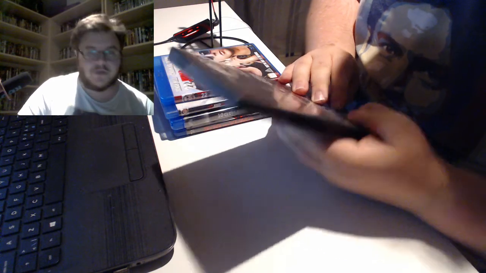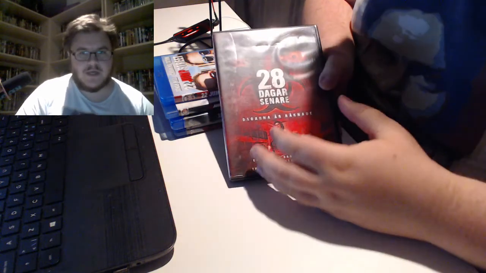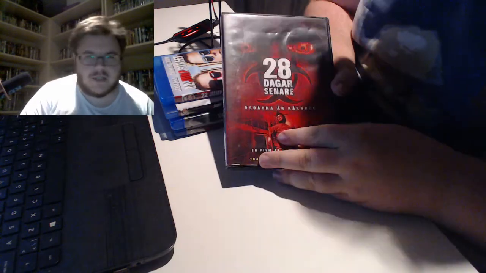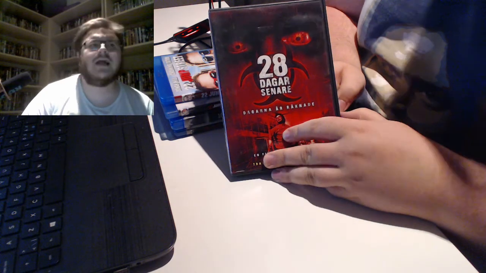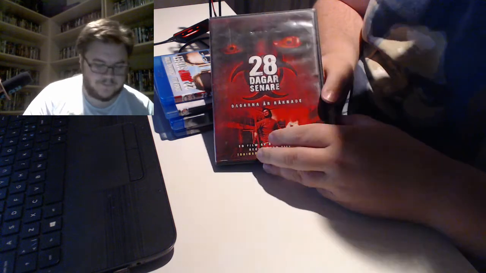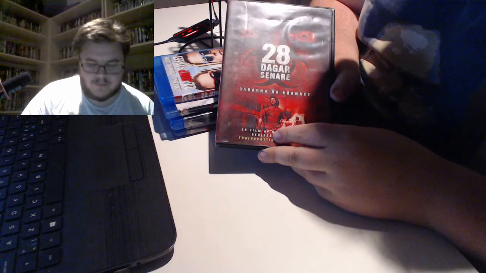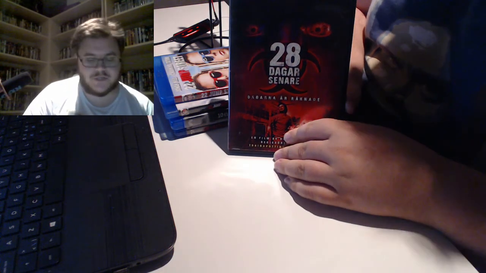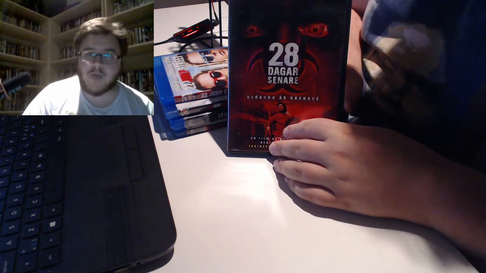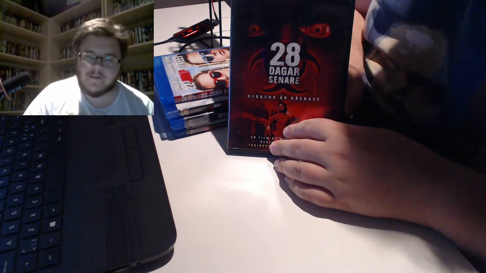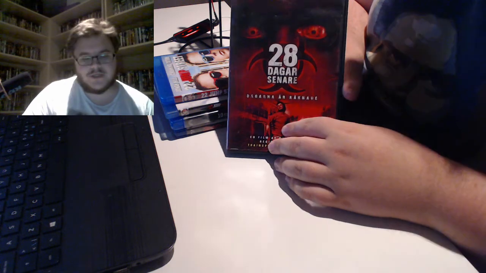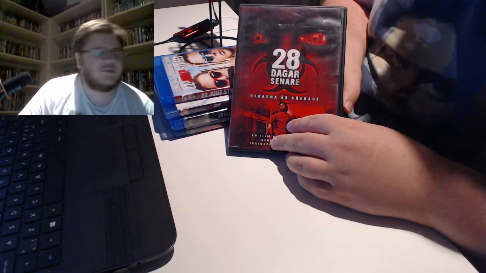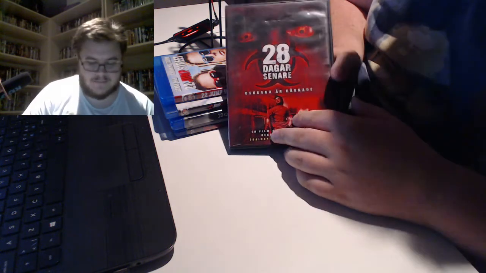It has some pretty good special features. For just a regular edition, I think this cost like $10 when it came out, which is like 100 Swedish kroners. So it's nothing special, but it has a lot of good stuff on it. So if you're interested in the production of this movie, this very seminal modern zombie classic, I would say, you should check this out. There is a Blu-ray version of this now, which has the same stuff on it, but I just haven't gotten around to upgrading it because I got this.